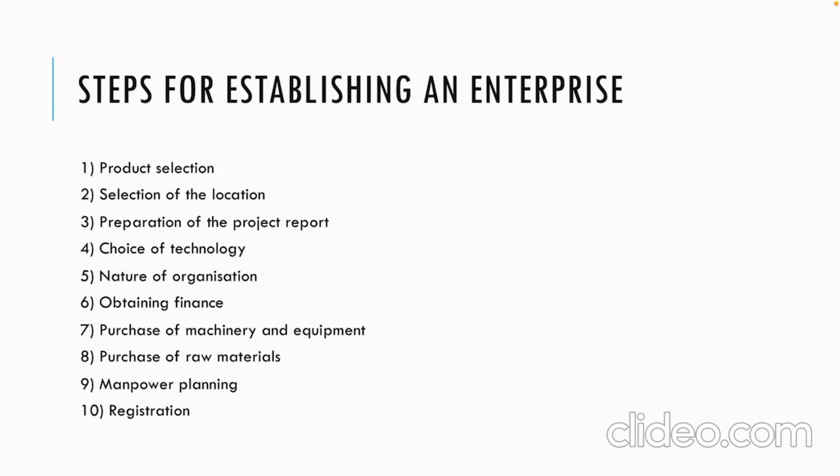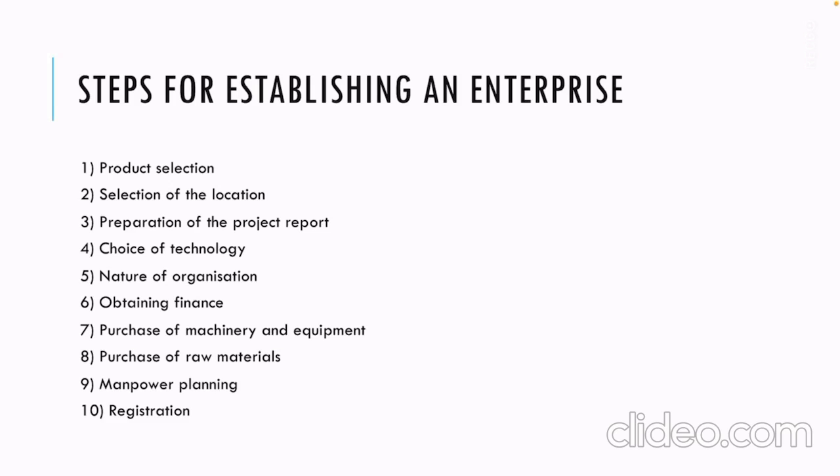The next is purchase of raw material. See, raw materials are the building blocks and starting point. You can say it is the starting point for any final product. If you have the raw material, then only you can proceed through the different processes and get the final product. So raw materials are what? They are the building blocks to build the final products. So to reach the final product, adequate supply and proper management of the raw material is necessary.